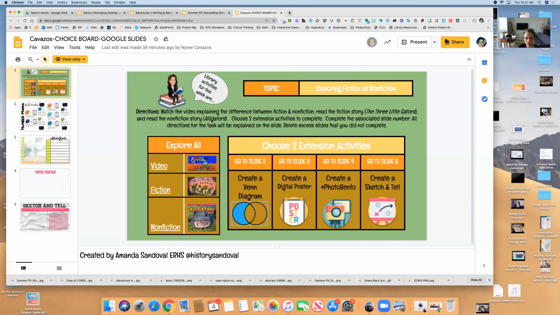Yeah. So what I would do, and this is me just thinking about it right now and problem solving through this, is I would do view only where they have to make a copy, and it's just the one. So like if it's the Venn diagram, let me see, do we have a Venn diagram here? Let me show you in my choice board area.